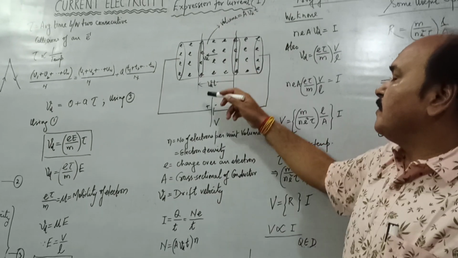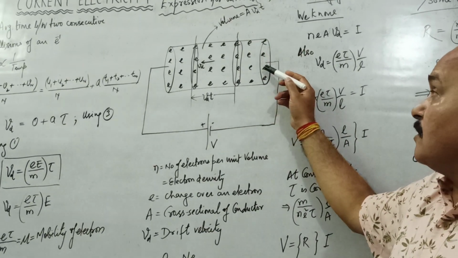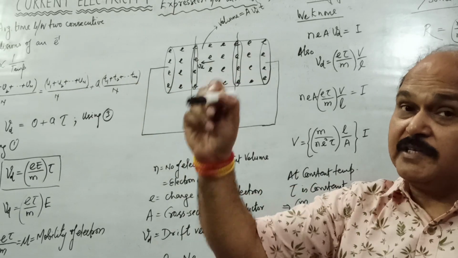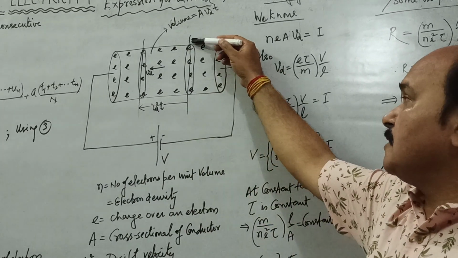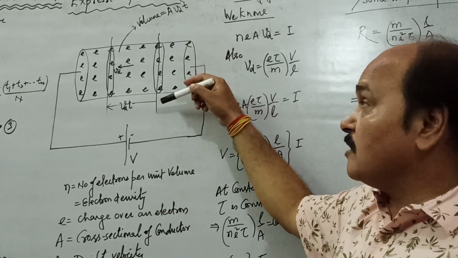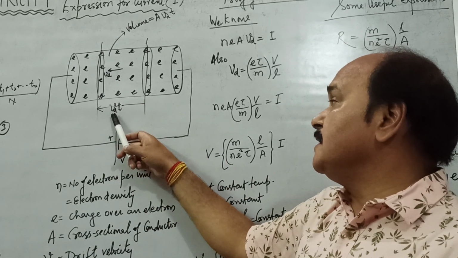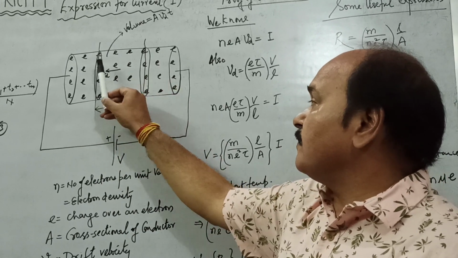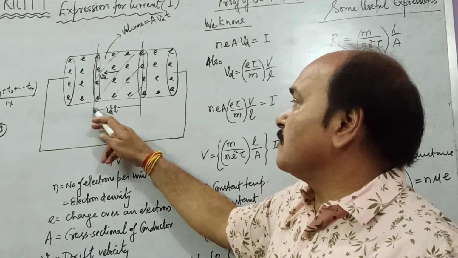Since the electrons are uniformly distributed, let us observe the motion of these electrons. All these electrons are moving towards the left with velocity Vd, which is fixed. So if we observe their motion for time t, after time t these electrons will be found here. That means they will travel a distance Vd into t. As they travel, all the electrons lying in this shaded volume would pass through this cross-section area.